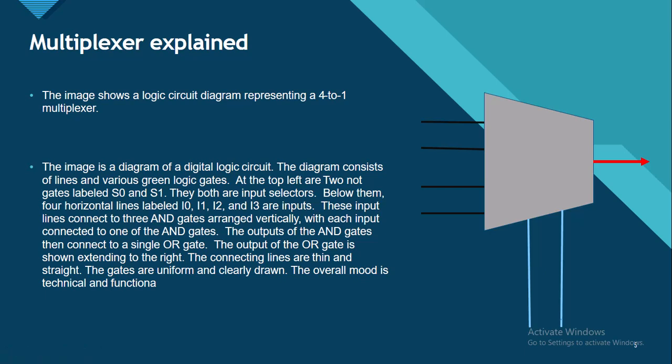At the top left are 2 gates labeled S0 and S1, and these have NOT gates, which is down the selection line. The selection lines here are always NOT gates, and the 4 input lines are mostly AND gates, and then for the output, most of the time it is an OR gate that represents the